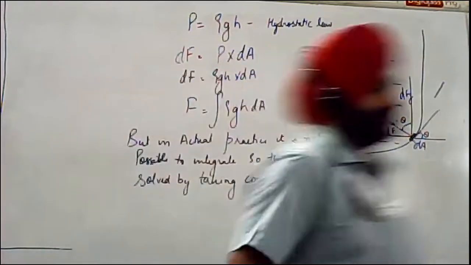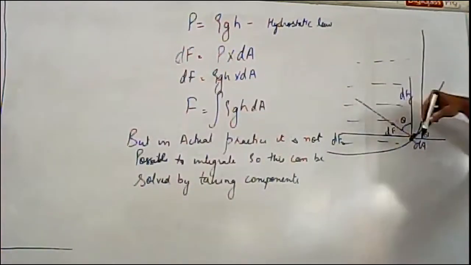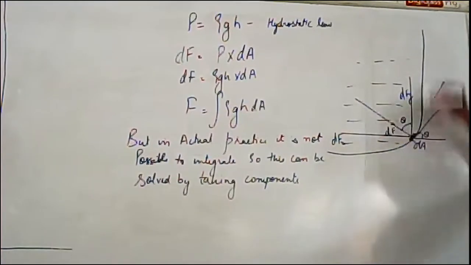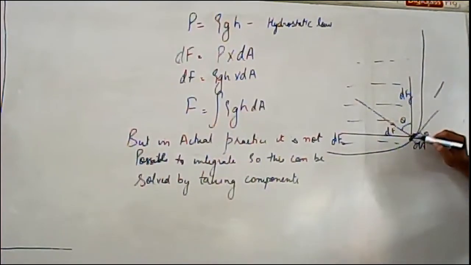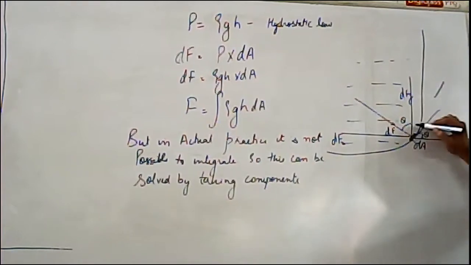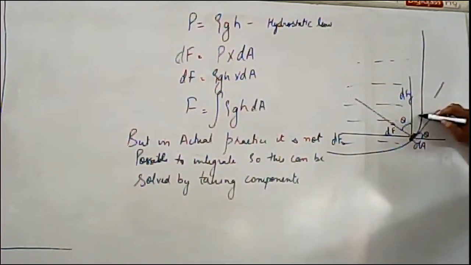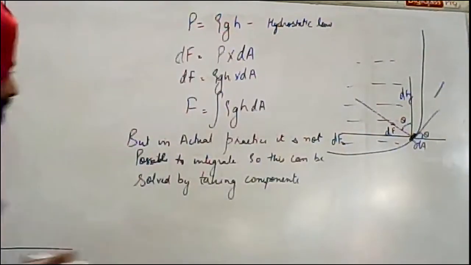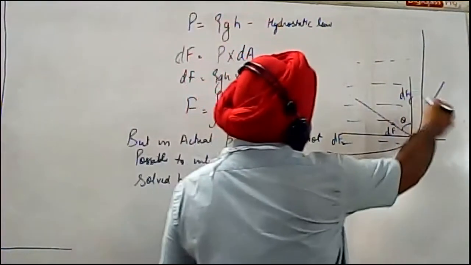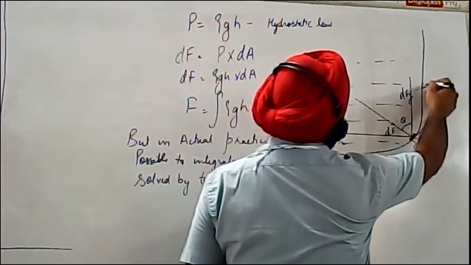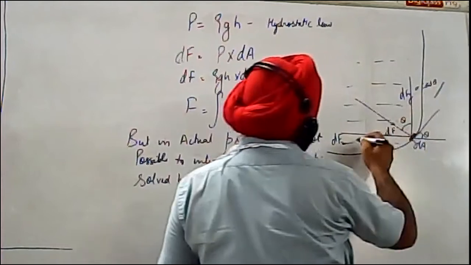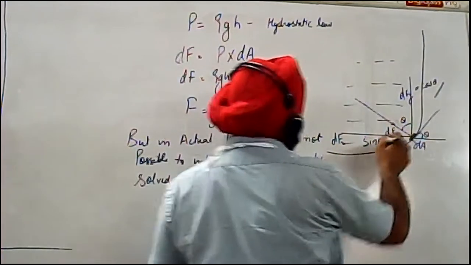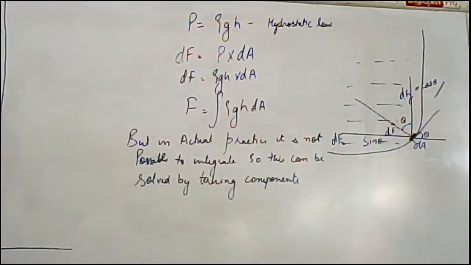There can be two components. This is dFx, and there can be two components in the x direction and y direction. On this curve, this is 90 minus theta, and this is again theta, and this is again 90 minus theta. If you want to calculate the components of this force, the component along the angle will be taken as the cos component, and the component opposite to that will be taken as the sin component.